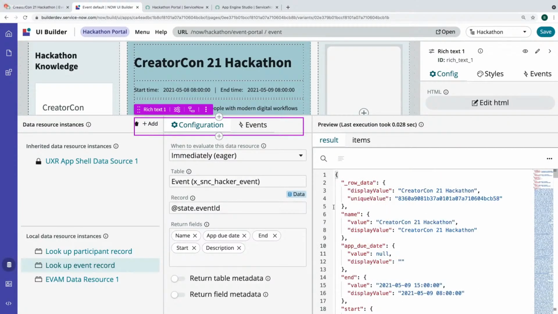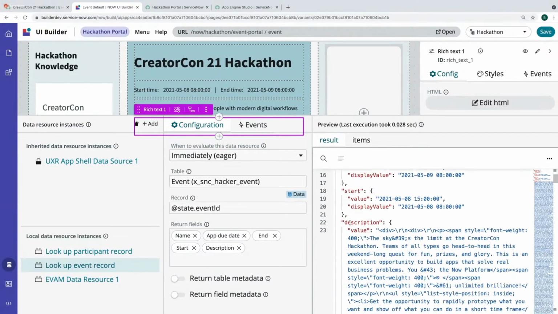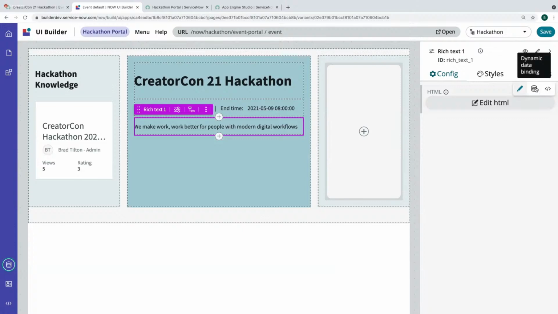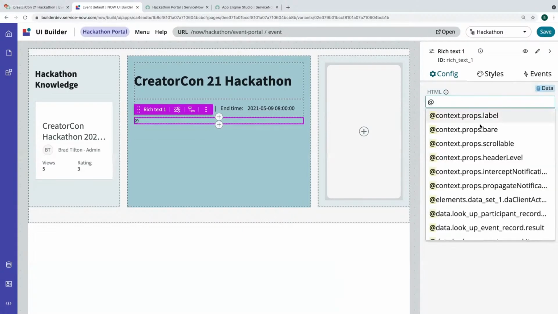I just really love working with the data resources because I can really easily see what I am getting back here. I know that I've got description and then value, and that's going to be some HTML here. So let's bind that to this component.